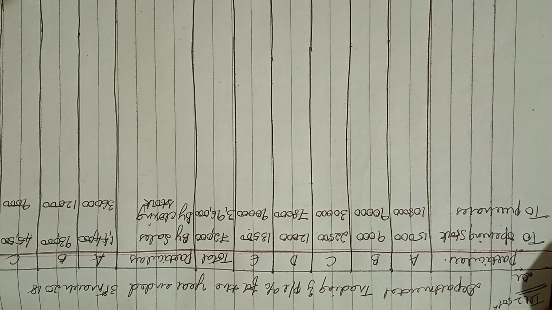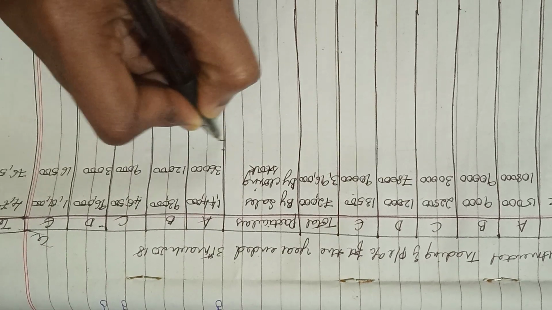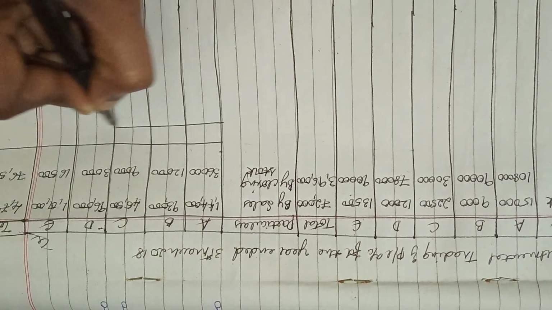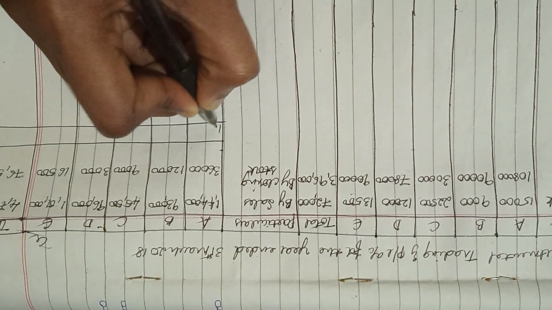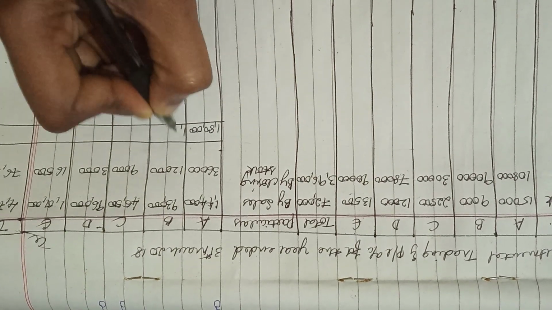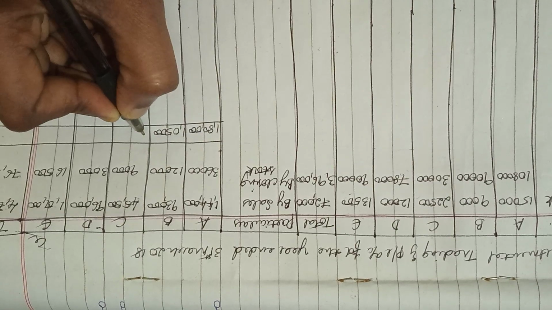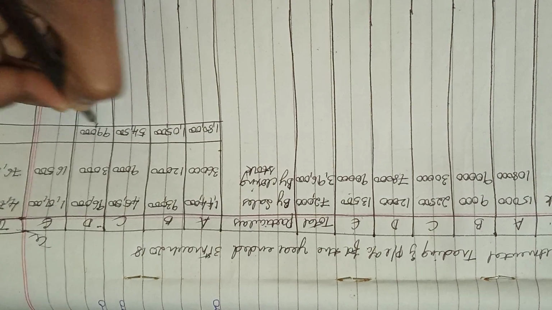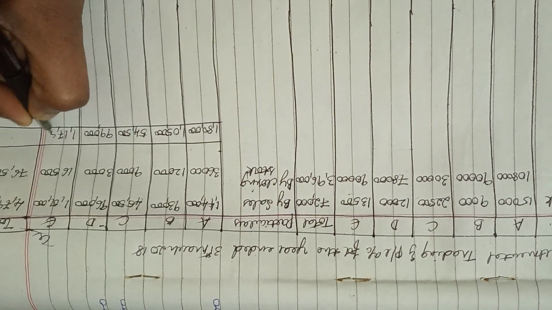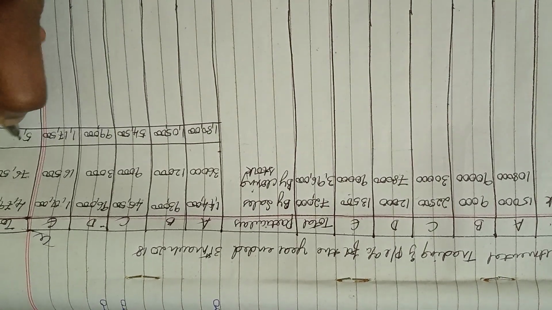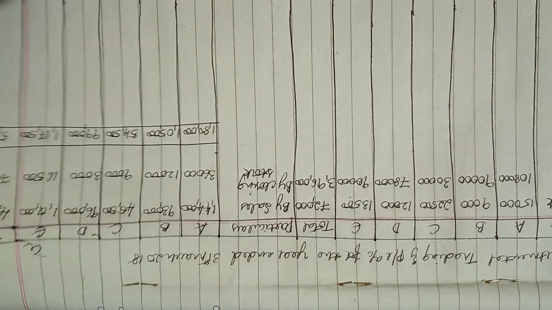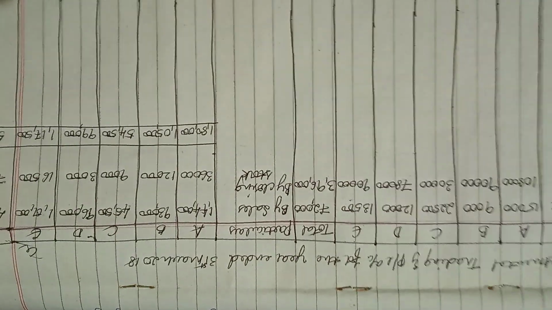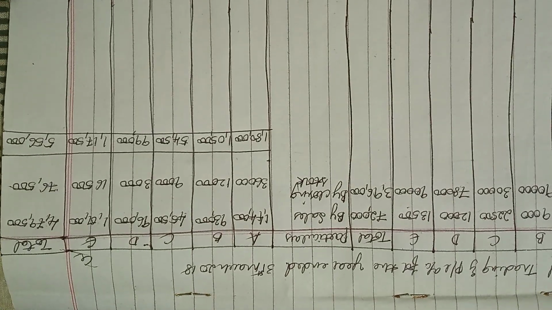Now when you look here, your credit balance is more and your debit balance is less. So first write down your credit balance. Your total is 1,80,000, 1,05,000, 54,500, 99,000, 1,17,500 and the total is 5,56,000. When you look here, we have only a lesser amount on the debit side. So 5,56,000 is your total.